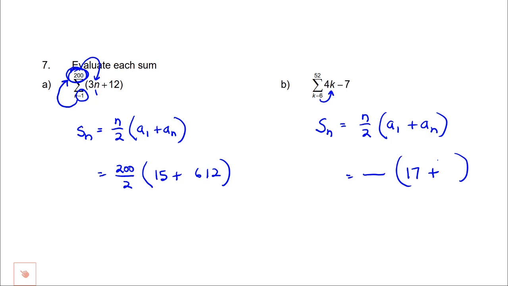Plus, I plug in 52 for the last term, and I get 208 minus 7. I think that's 201. Does that look right? Be careful, be careful, be careful. From 6 to 52, how many numbers are there? The wrong answer is 46. The right answer is